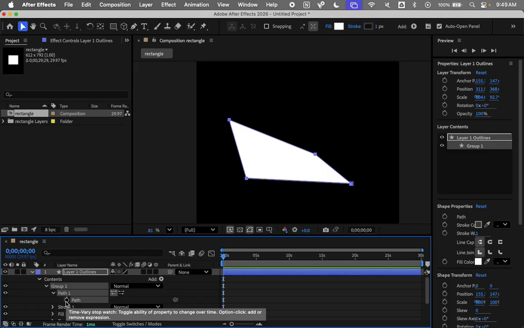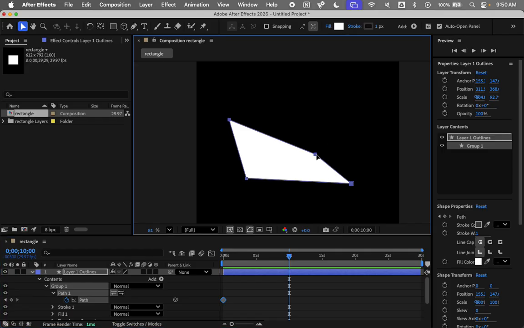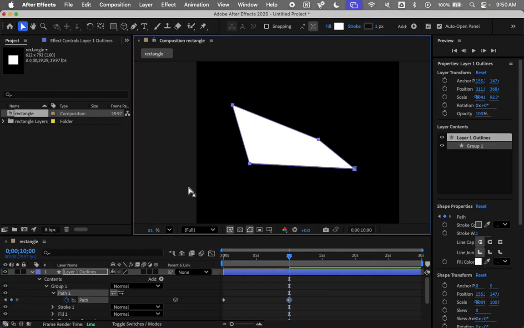And just like anything else, when we turn on the stopwatch, that essentially turns on record for any changes you make to that shape. So I've turned on the stopwatch, I've got my first keyframe, and if I move forward in time a little bit, maybe up 10 seconds, and then change the shape of that object,